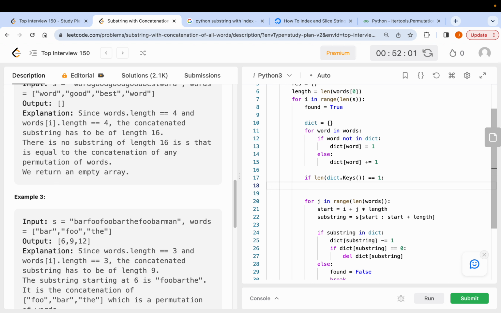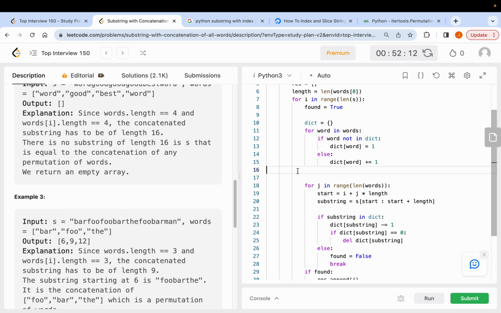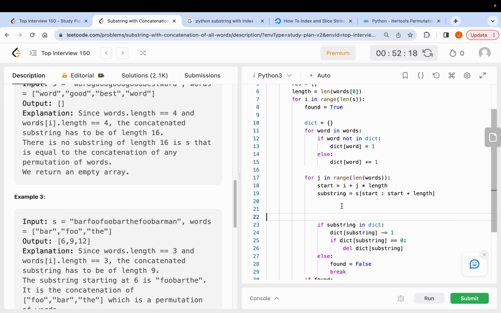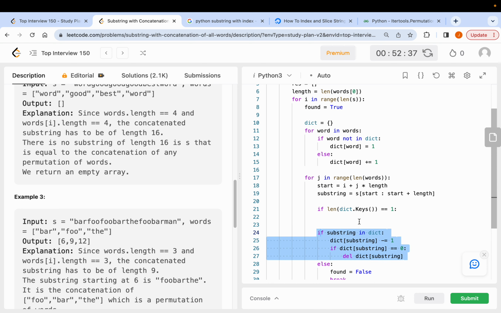What do we need to check then? When we are checking each word here, if this dictionary only has one key, which means it's the same word again and again, instead of checking and decrementing in the dictionary like this, we just now need to check if